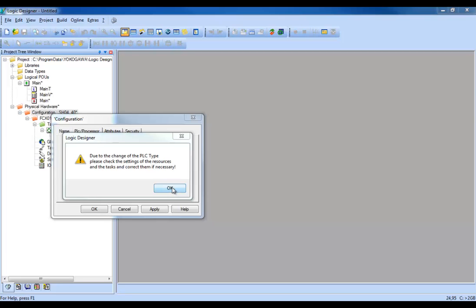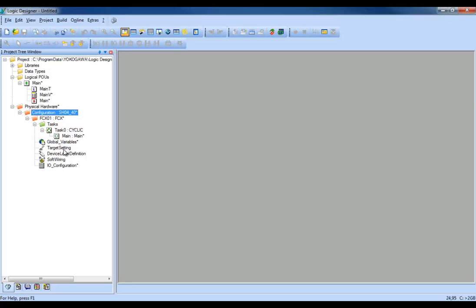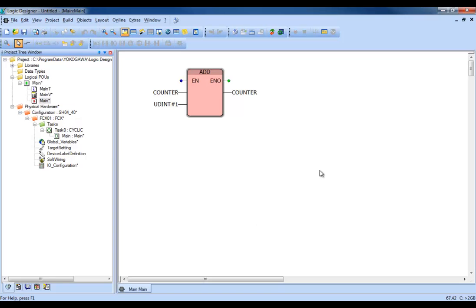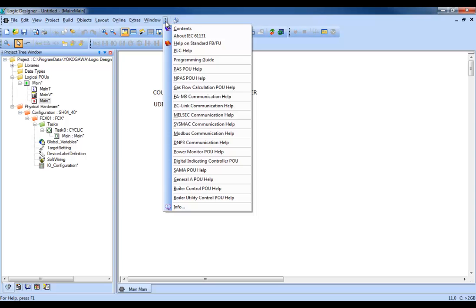Once again, I get the message warning me that I'm changing processor types. I already know that, so there's no issue there. There's no program loaded in the default except for this counter, simply adding 1 to a counter variable and counting up. It's just a dummy task that's automatically put in there for you. So what you want to do now is go into the help files here,